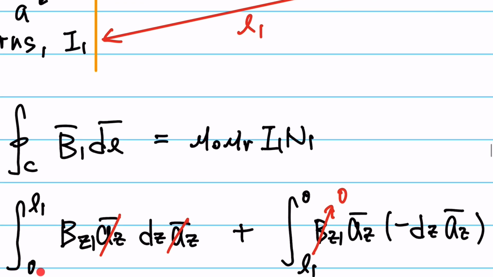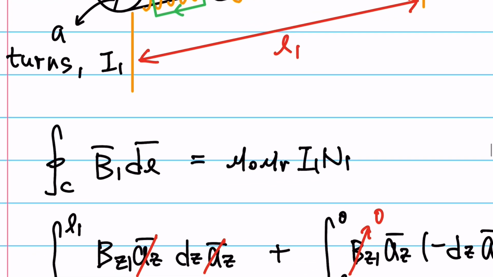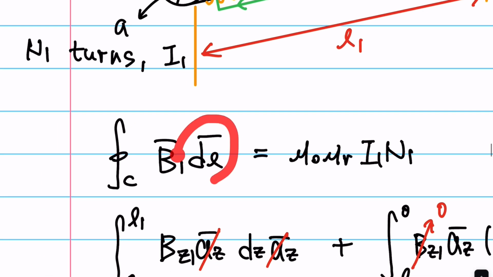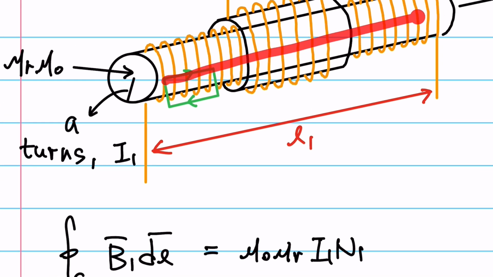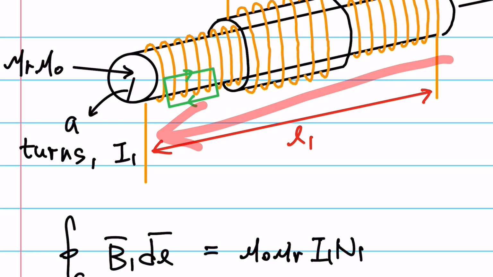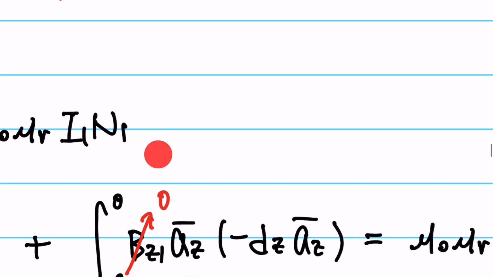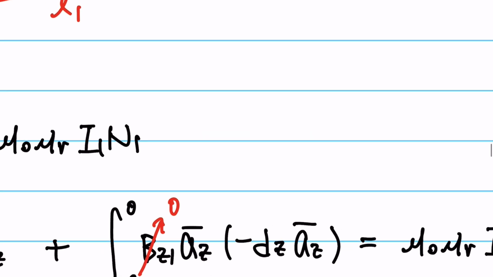So if you do 0 to L1, you have to plug in the BZ, AZ, okay? And then the DL is going to be DC times AZ, because you're inside over here moving that way. When you're returning, you're going to be outside the core and you're going to be in the negative direction, and therefore you have to now multiply with the negative DC AZ. That's your DL in the outside of the core,